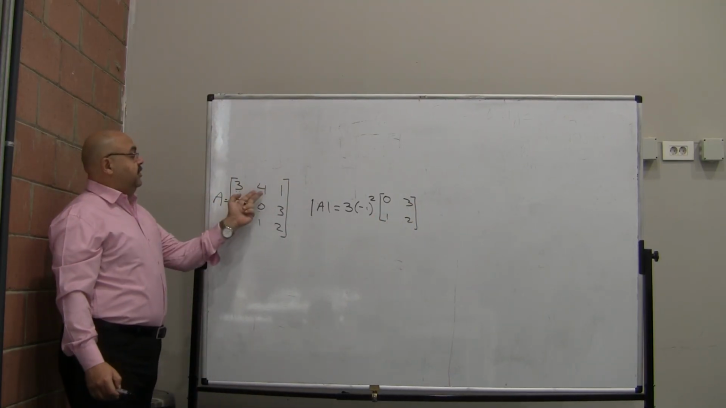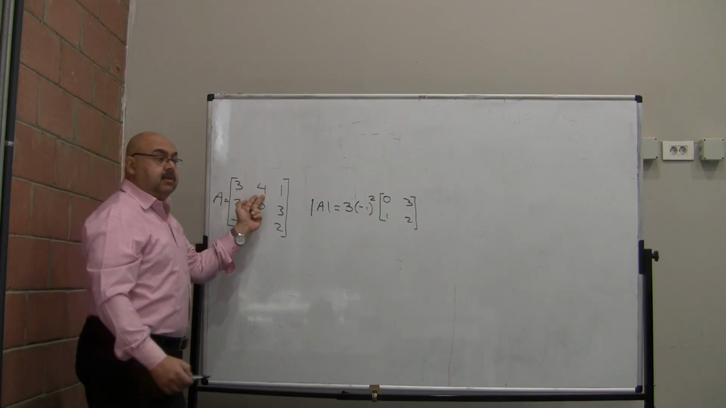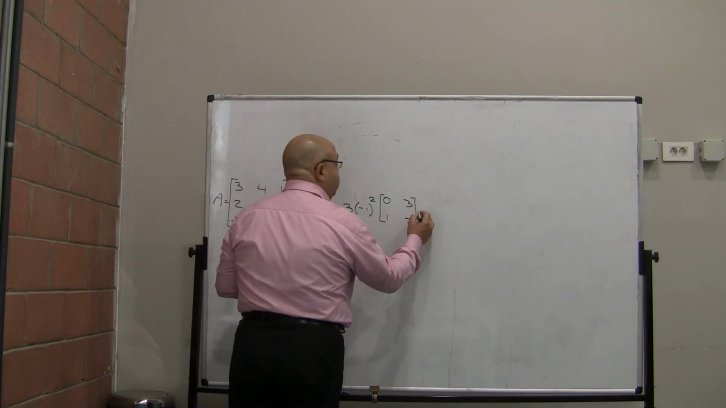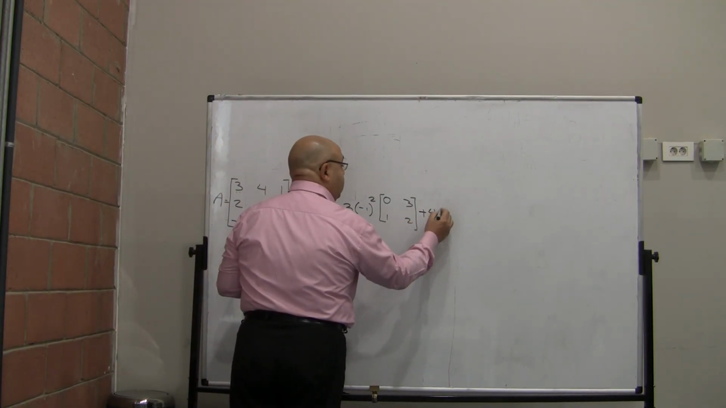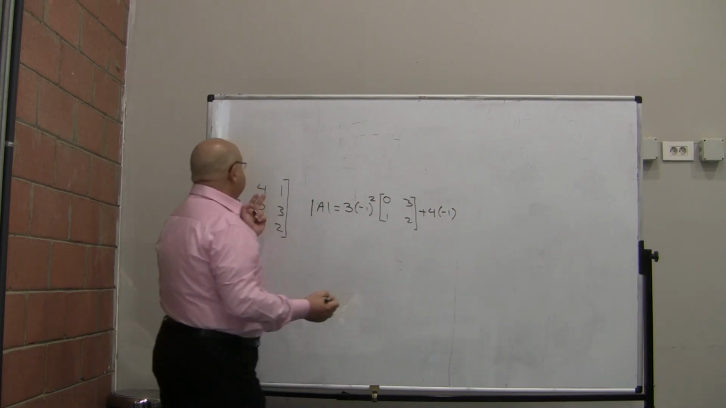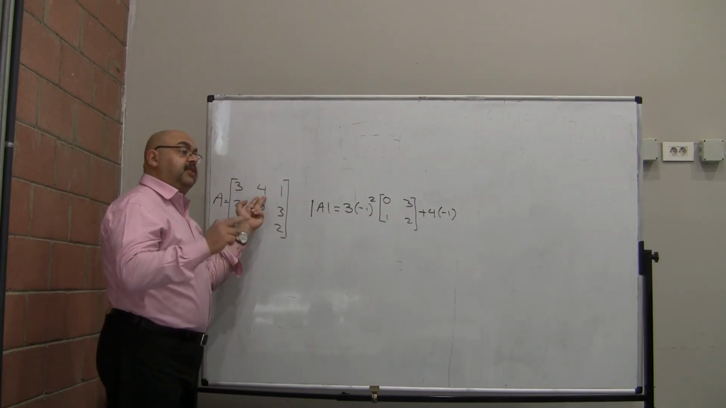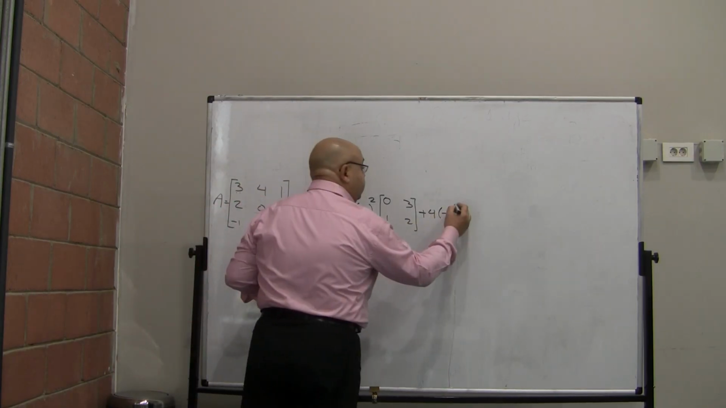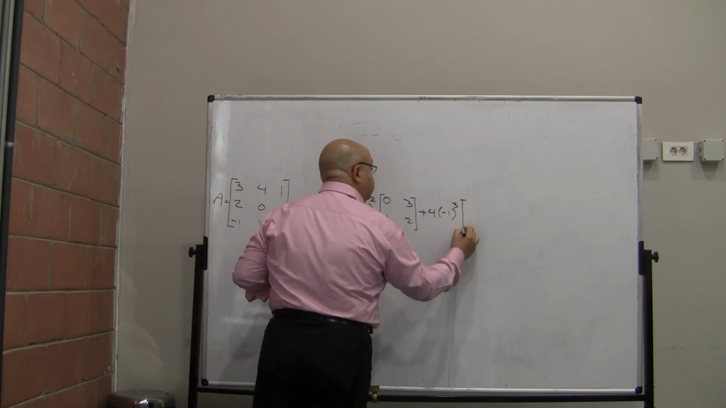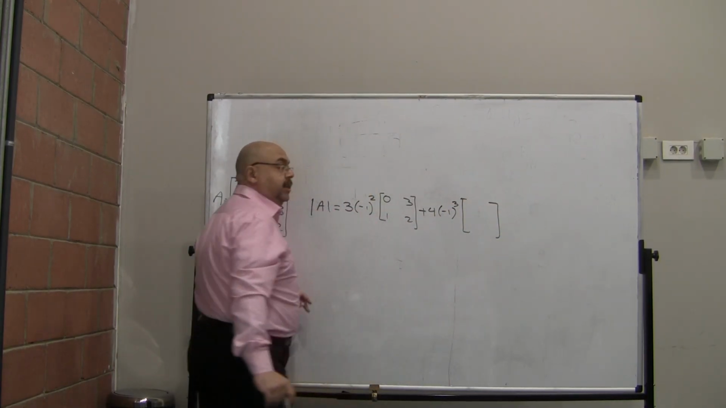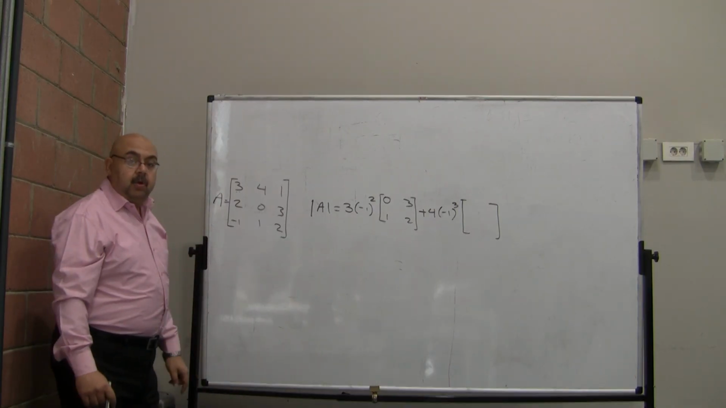Then I will go for the second number. What's the second number? 4. So it's going to be plus 4 times -1. The position here is first row, second column. So it's going to be to the power of 3. Then try to get the value of your matrix. Once more,